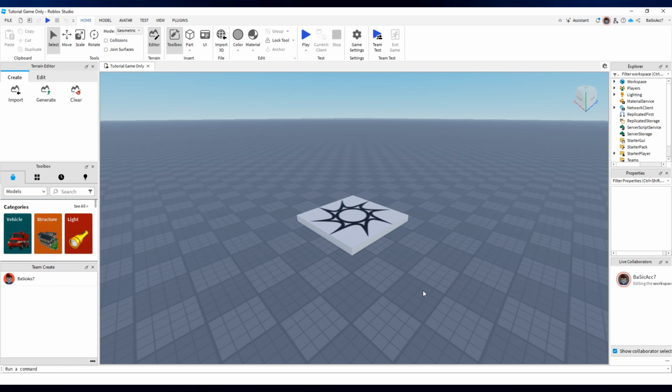Now if your friend opens the game experience and starts editing, you'll see it here on the Team Create and on the Live Collaborators. Now, for your friend to see your shared Roblox Studio, your friend simply needs to